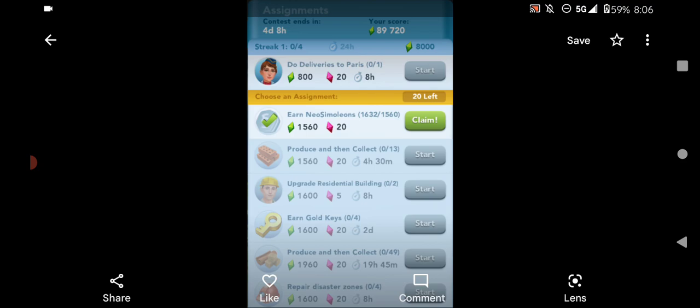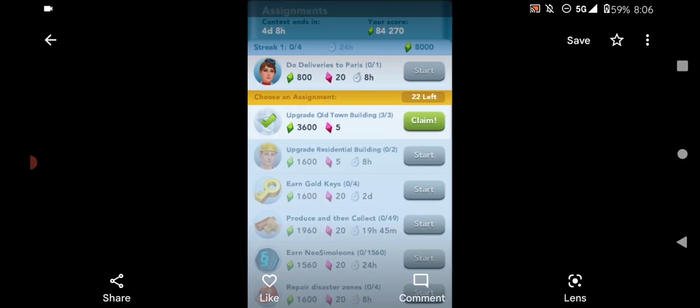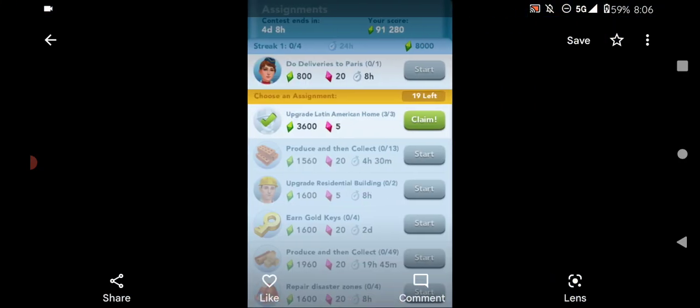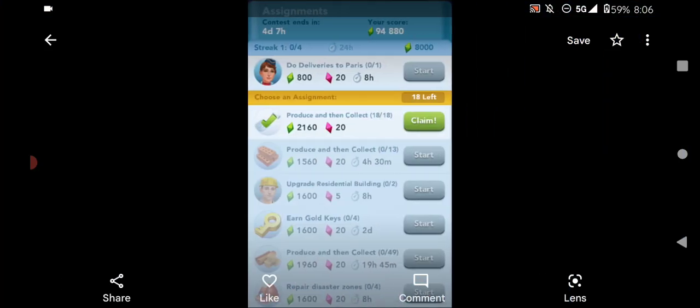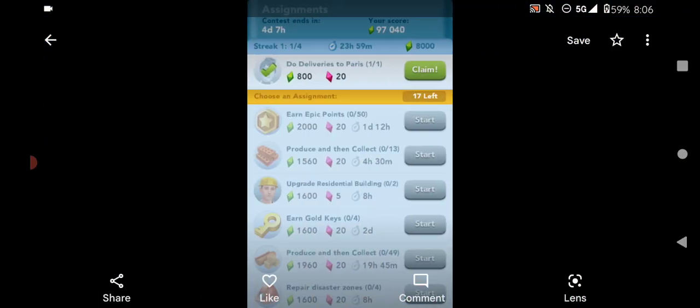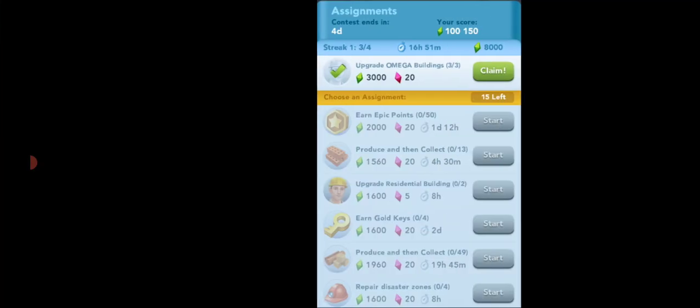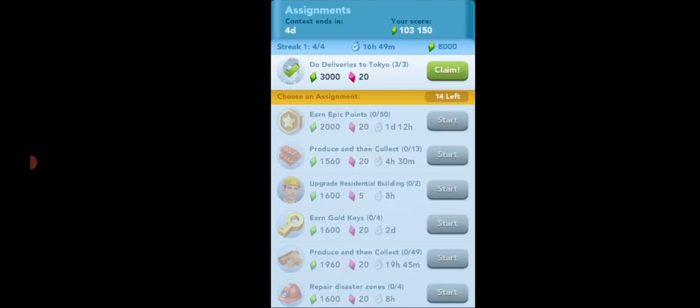Now we've got this situation here where he does the 1,500 on Neo-Simoleons. Now, he was getting good tasks for this, you know. I would have just kept it going, honestly. I would have done the bricks. It was a good place value. So he got the Latin. Now he's got the 21 on shovels, 2,000 on the epic, but he starts streaks, okay. So he starts the streaks, he gets fridges, ooh, ouch. Now he gets a 3,000